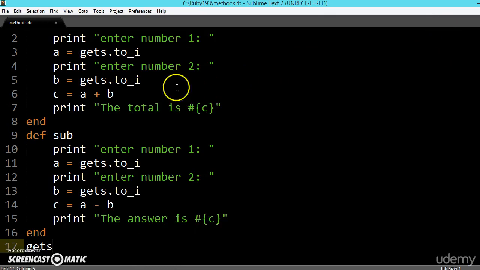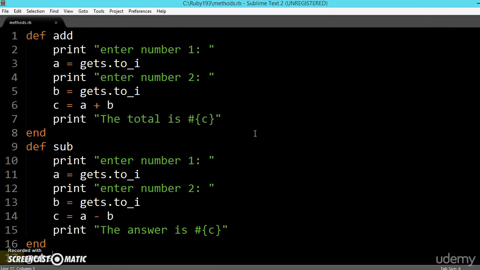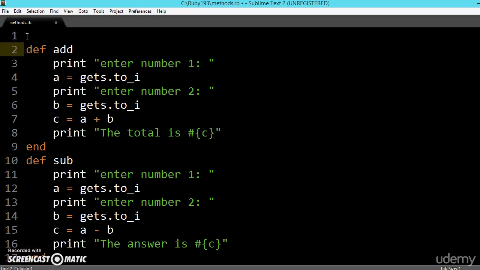We are creating the methods or functions, but we have never called them, and we cannot call them in the output screen also. So for that we have to write some additional code in the file. Let us ask the user to enter whether he wants to add or subtract first.